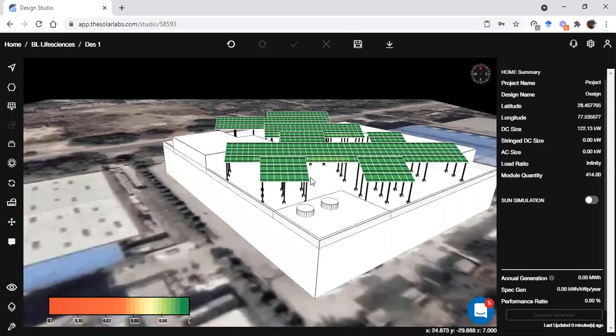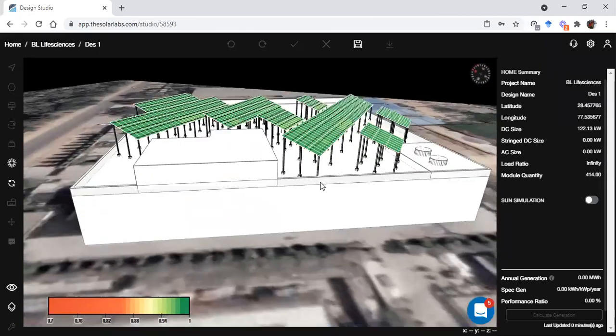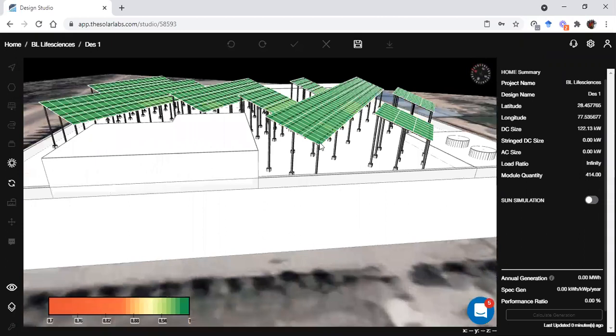If I show it to you in 3D, what my mount height is doing is it will increase this end of the panel, which is the lower end. It will increase the height of that end. So if I give it as 1 meter, this end will be at 1 meter from the rooftop. So if you do a 3x1 or a 2x1, even a 5x1, it will obviously have some differences.